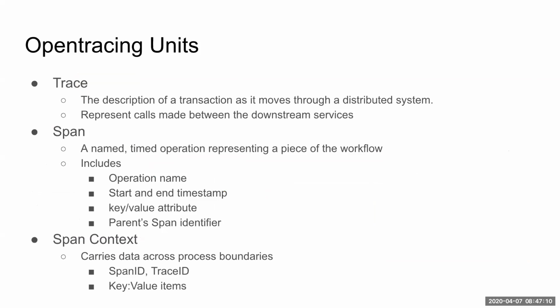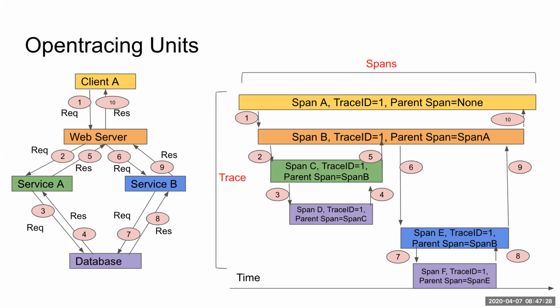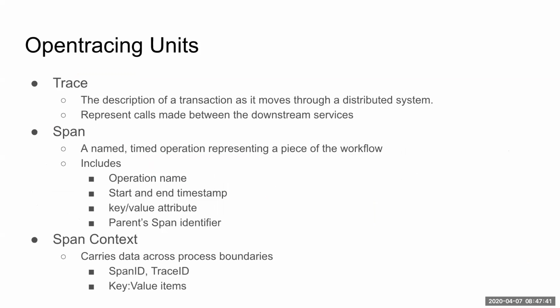So we talk about the span and talk about the trace. And the third one is called span context, because in a microservice environment, all of our services might be deployed on different hosts. If we want to build up the graph like the right-hand side, we need to load all spans with the same trace ID. And maybe you should also know your parent's span ID. So there is an object called span context. It includes some key value data and also the span ID and trace ID.